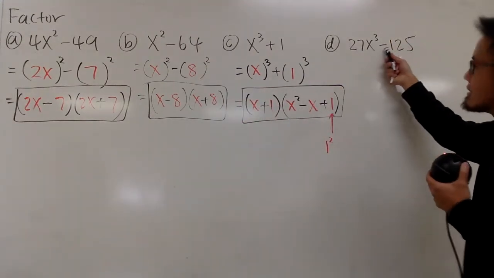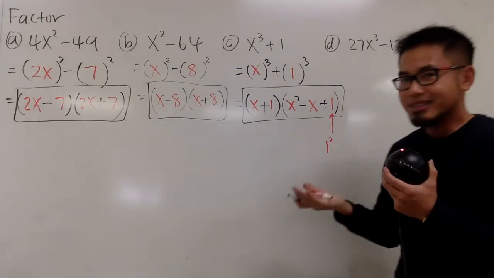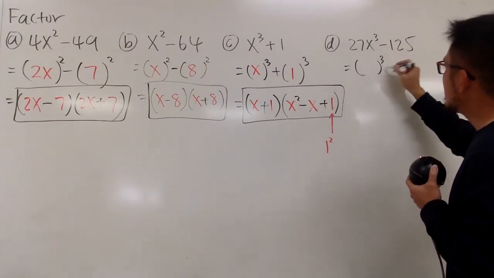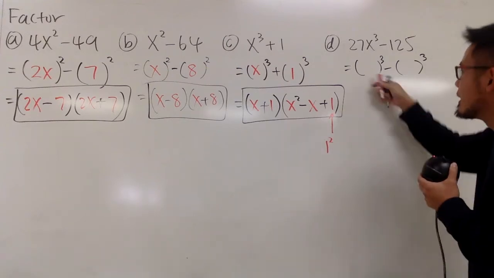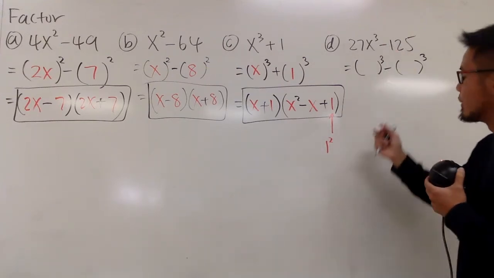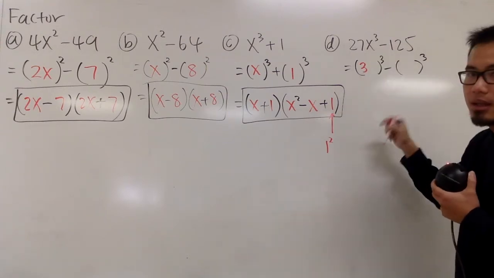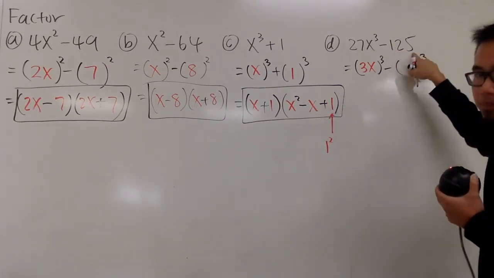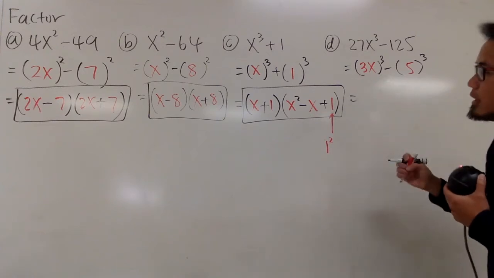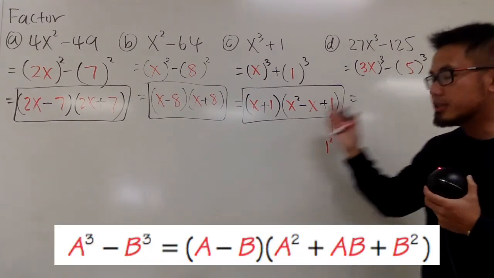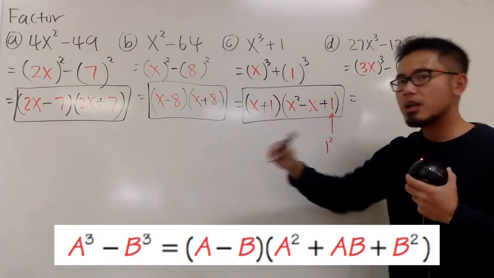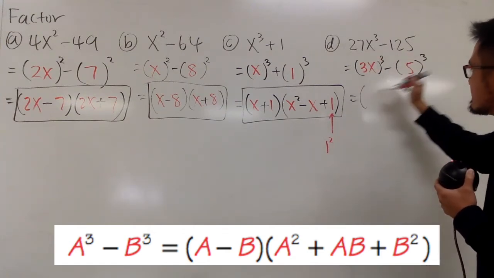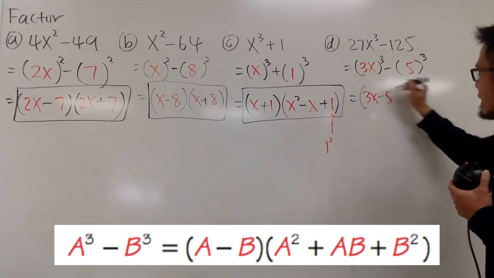We have a difference, and you see that we have x to the third power, so it seems like we have a difference of two cubes situation. And it is. So let's see, this is something to the third power minus something else to the third power. Okay, what to the third power gives us 27? Well, the answer to that is 3. 3 to the third power is 27, and we also have to put in the x. And now, how can we get 125? I need to have a 5. And in this situation, the formula is pretty similar to the sum of two cubes. This one, it's the difference of two cubes. And you have to remember, this is going to be a minus b,